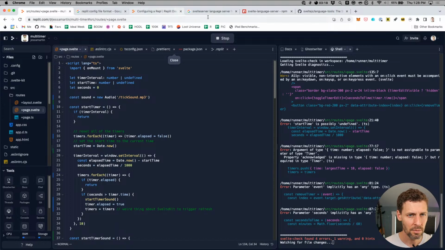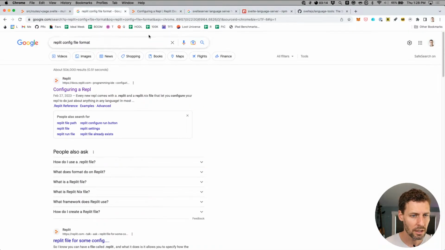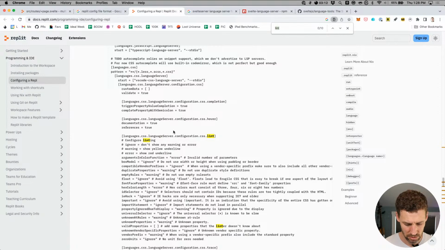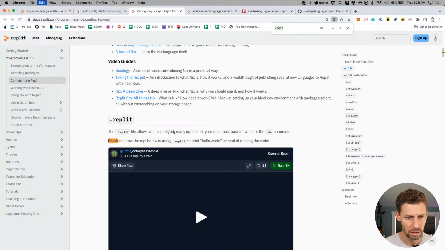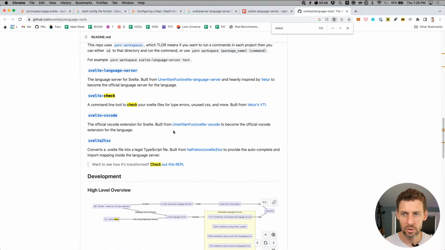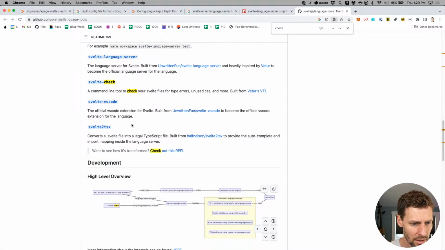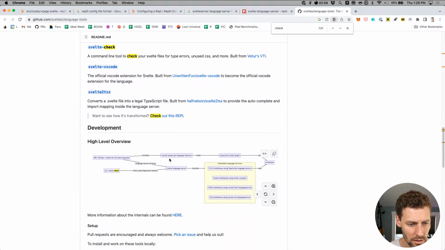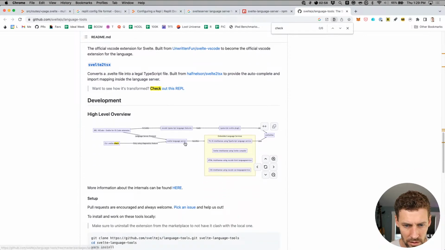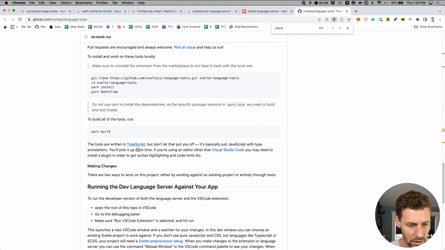I bet that has something to do with the way that the language server is defined in the .repl file. Oh man, feel like it's so close. Command line tool built from the VTI. Interesting.